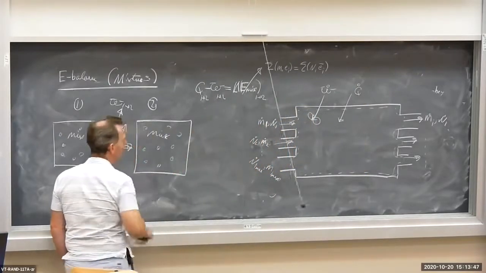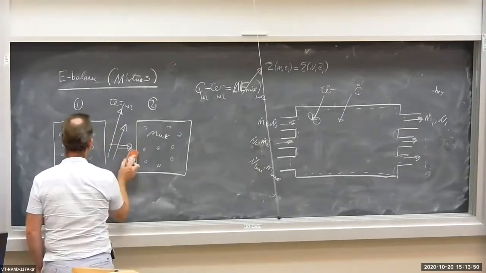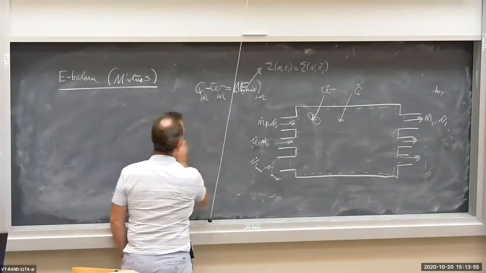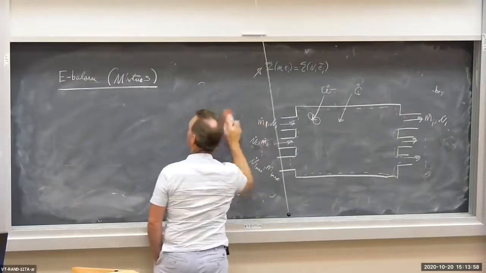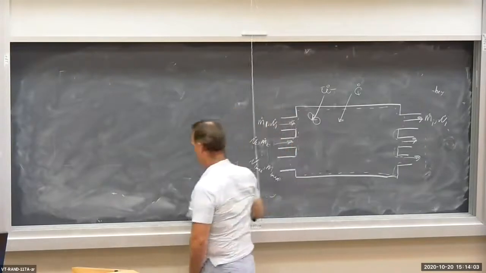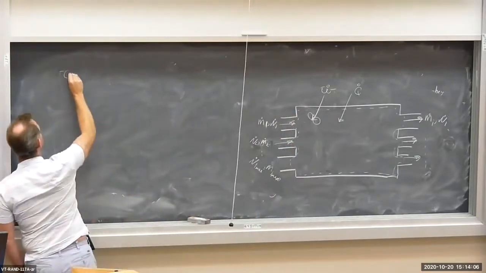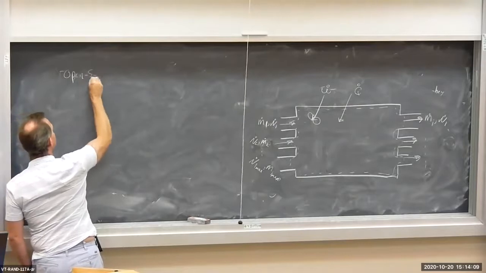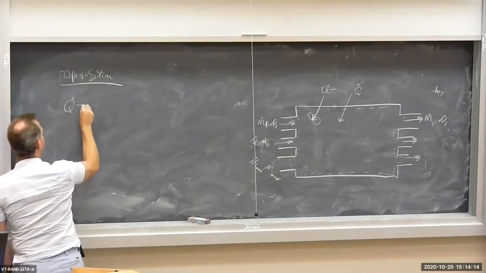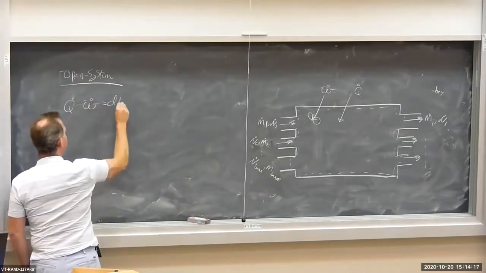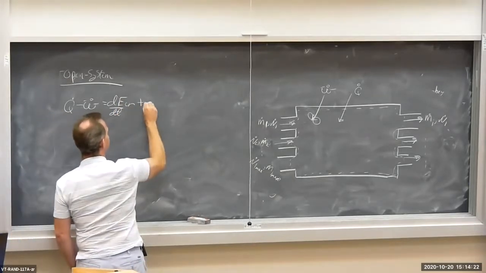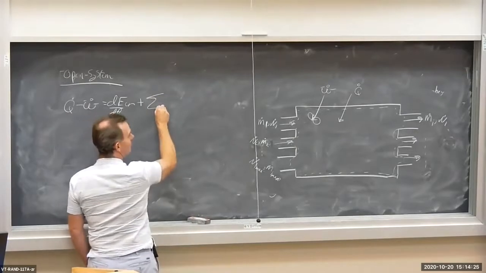So what's the energy balance applied to that system? Well, it's the same old energy balance that we're used to, except we have to take into account the fact that we can have multiple chemical components. So the energy balance for an open system is Q dot minus W dot is equal to the time rate of change of energy within our control volume plus the sum, double sum